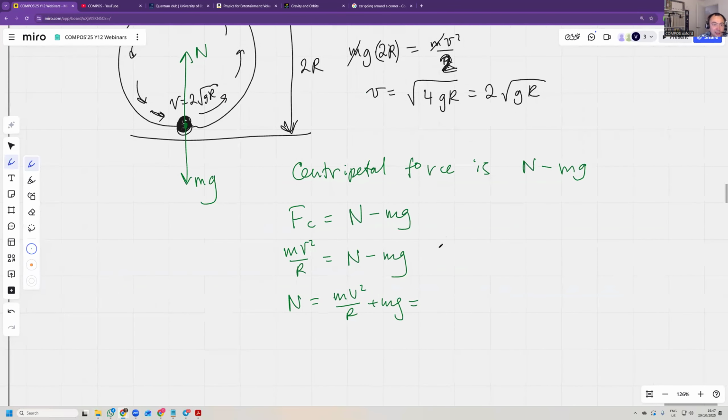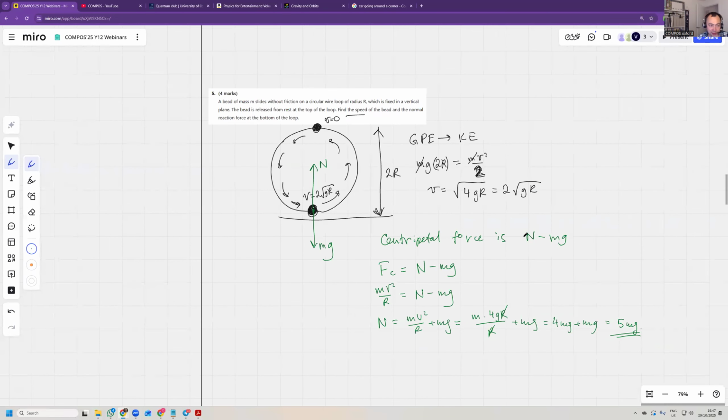And we know that v squared is 4gr, so m multiplied by 4gr divided by r plus mg. R cancels, so it's 4mg plus mg. That's equal to 5mg. So the normal reaction is 5 times greater than